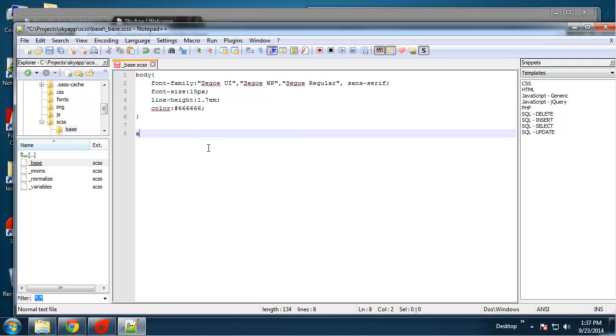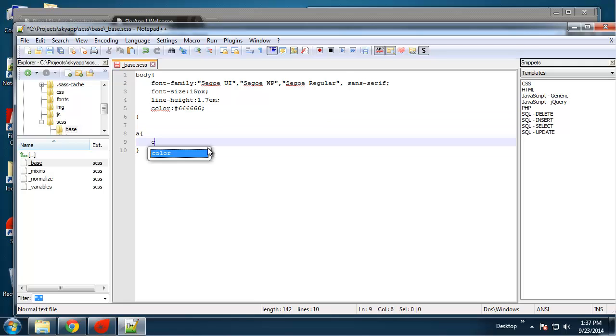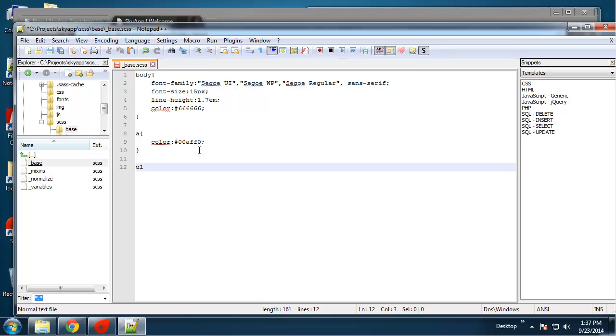Alright, so links, I just want to set a color, and that's going to be that bluish color, or the primary color, which is 00AFF0. Alright, lists. Okay, for lists, I don't want any bullets, so list style none. And let's see what else. I want to set,